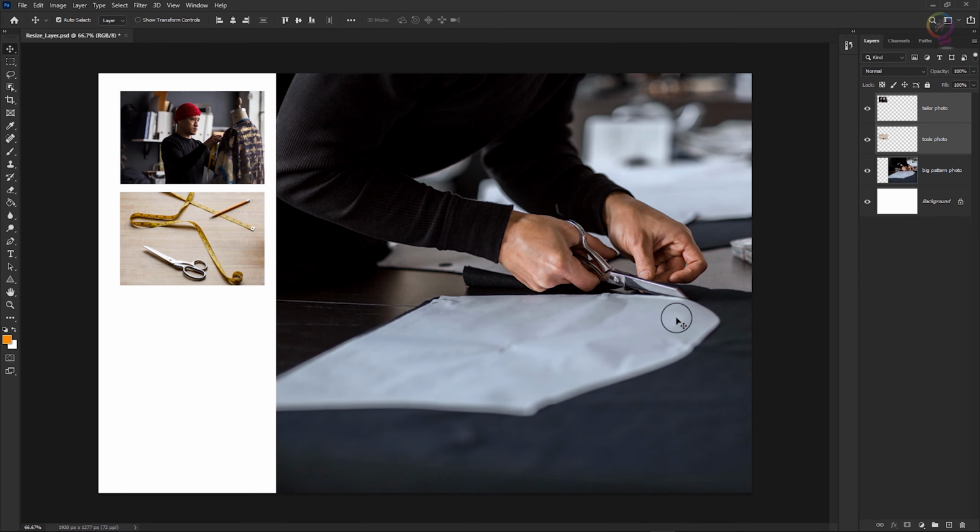Now before you go, let's see what you learned. To resize layers, in the Layers panel, select one or more layers that contain images or objects you want to resize. Choose Edit, Free Transform. A transform border appears around all the content on the selected layers. Hold the Shift key to avoid distorting the content if you are using an old version of Adobe Photoshop,